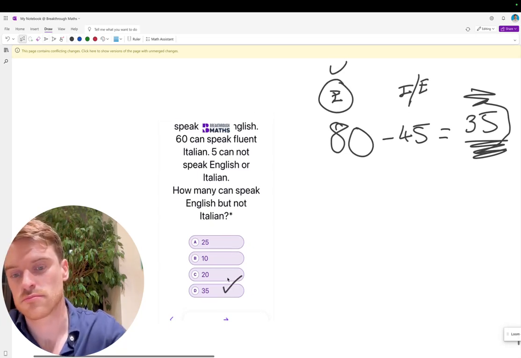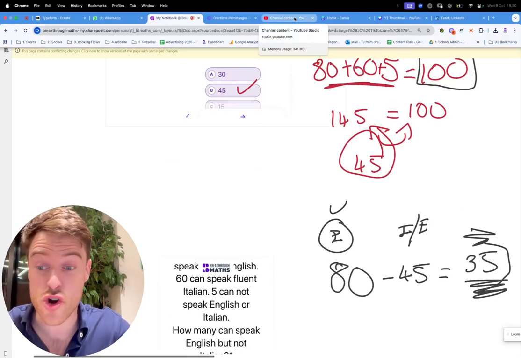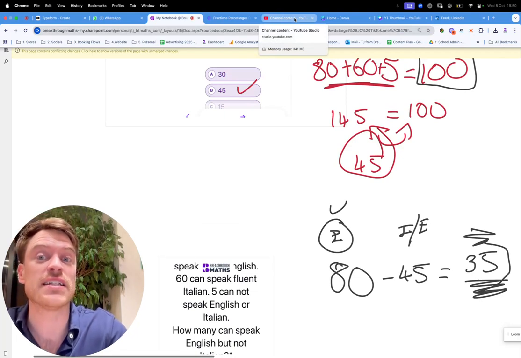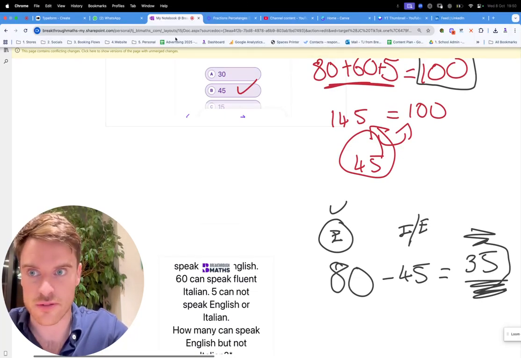Yep. That's it. Done. Dusted. I would go back and check this if you're a bit confused. That was a good test of Venn diagrams. And if you can get stuff right and understand it and draw it out and work with it, it'll really, really help you in your